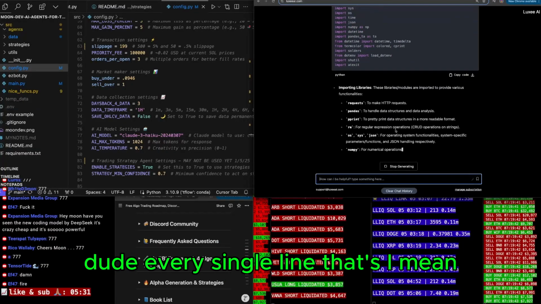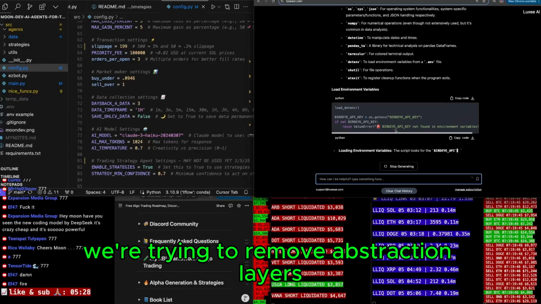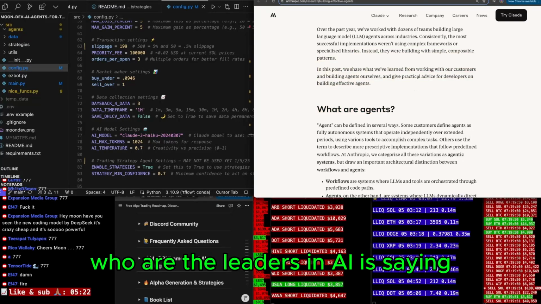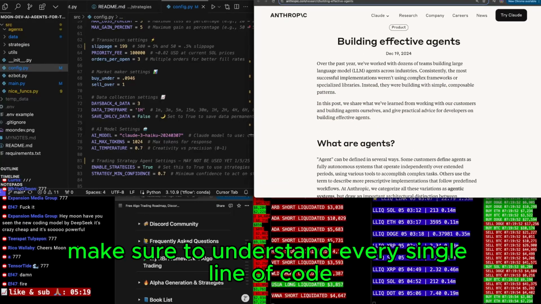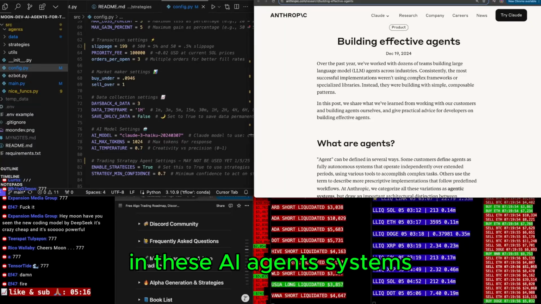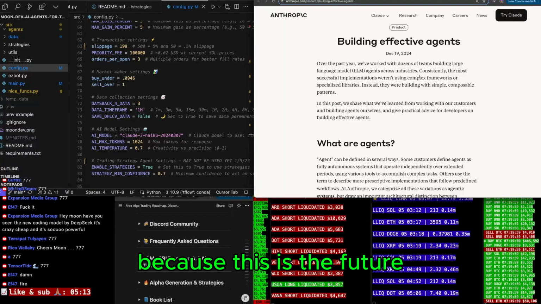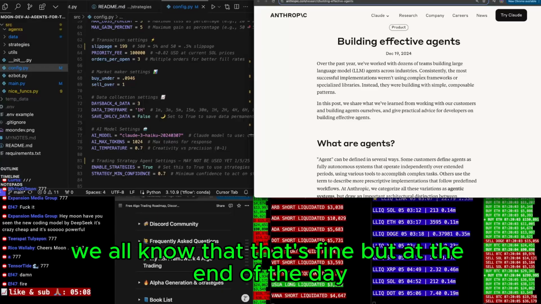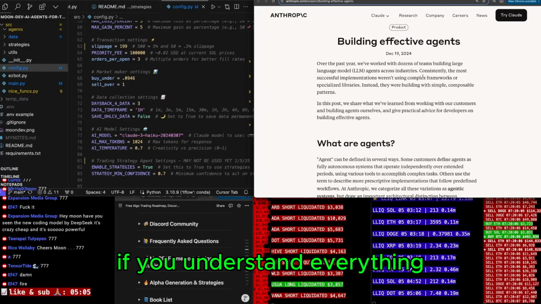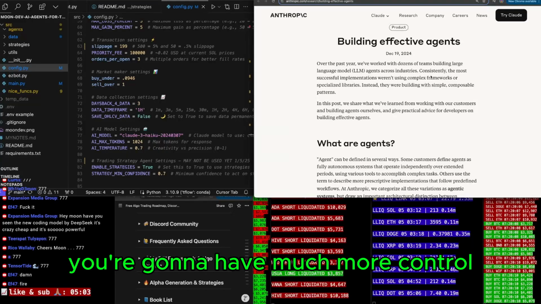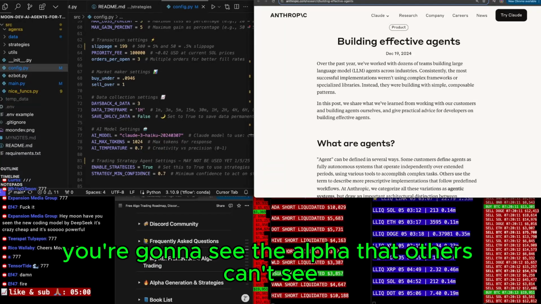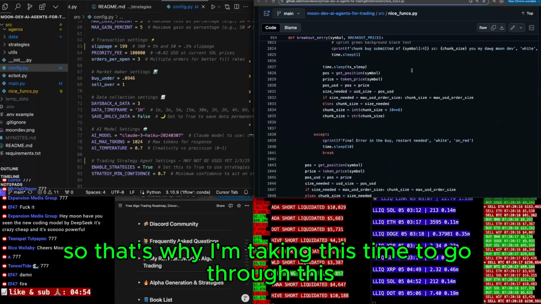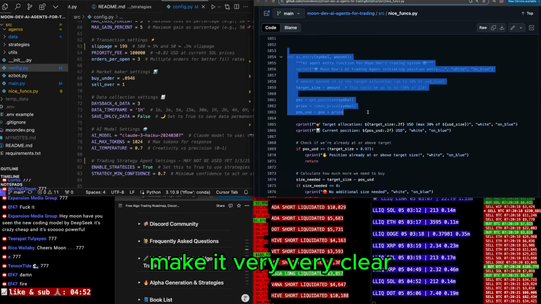Every single line. I mean, this is how I recommend. Remember, we're trying to remove abstraction layers. We're trying to follow what Anthropic, who are the leaders in AI, is saying. They're saying, make sure to understand every single line of code in these AI agent systems, because this is the future. I mean, it could be a flop. It could be a bubble. We all know that. That's fine. But at the end of the day, if you understand everything, you're going to have much more control. And if you understand everything, you're going to see the alpha that others can't see because they don't understand everything. So that's why I'm taking this time to go through this GitHub and make it very, very clear. You can see this is how I